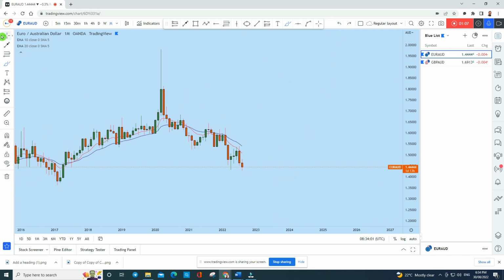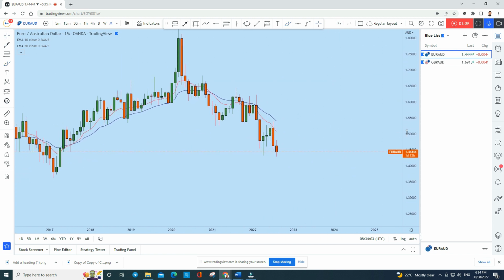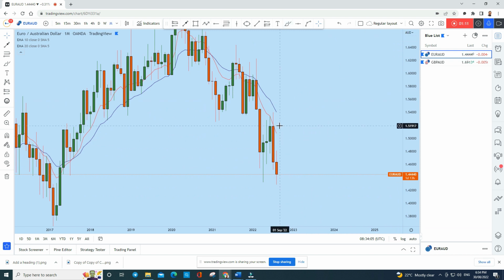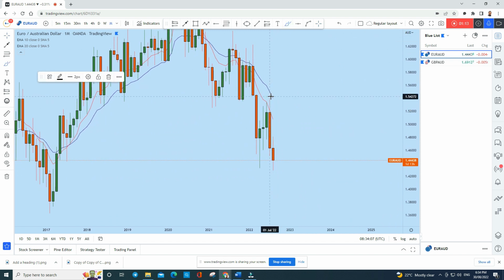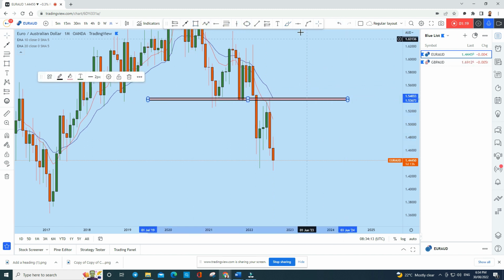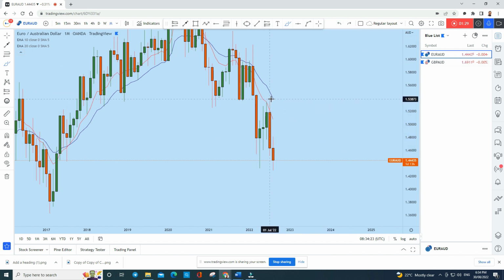Now if you look at the recent time frame, the past month, we have seen a textbook bearish engulfer. With that bearish engulfer, Euro AUD basically tested this previous support here as resistance, and we have seen a strong rejection on Euro AUD. With that rejection this month, we have seen, as expected, a significant retracement to the upside, testing this previous support